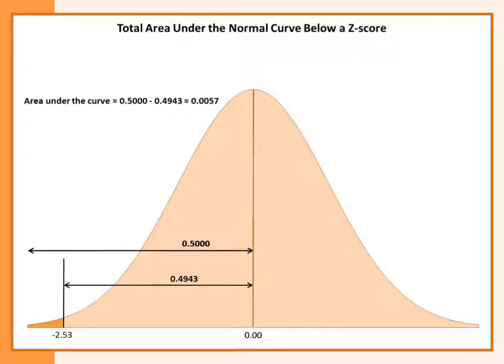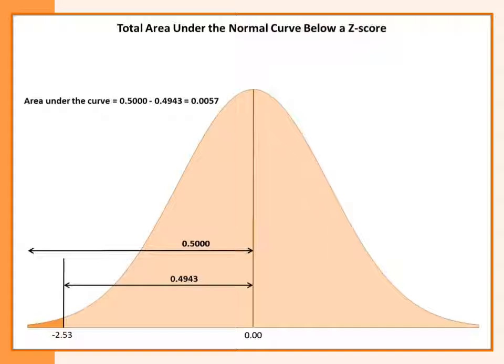Turning back to our graph for the standard normal distribution, we identify the value of minus 2.53 at the base of our distribution to the left of the mean of 0, and you see it falls well down towards the tail of our normal curve to the left. And we indicate that the area of 0.4943 falls between the mean of 0 and a z-score of minus 2.53. But keep in mind, we're asked to find the area to the left, or below, a value of minus 2.53. So that is the area that's not contained between the mean and a z-score of minus 2.53.